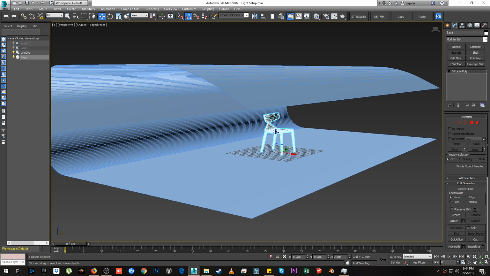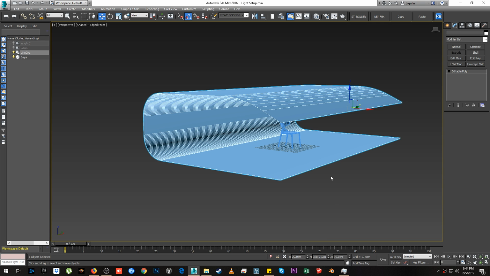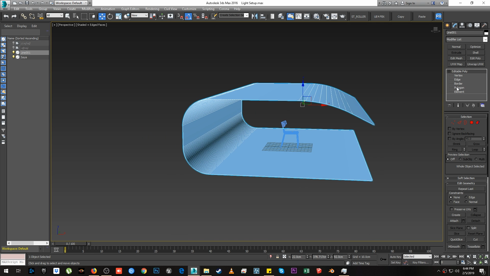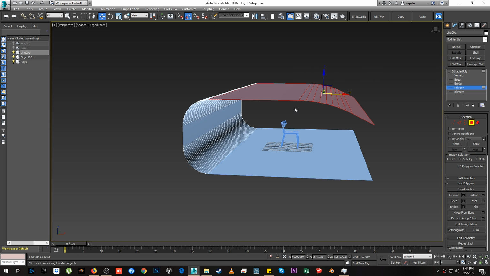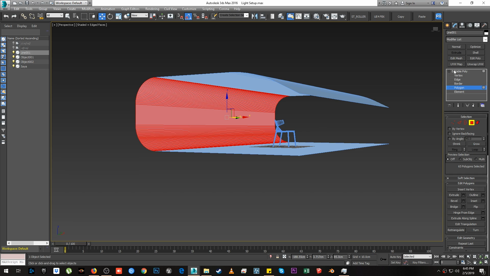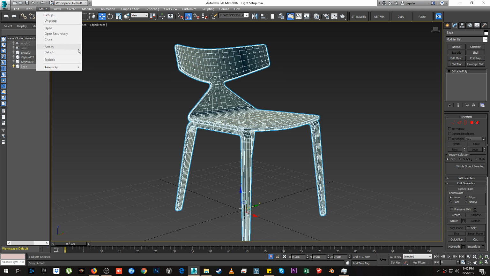And for that I will right click and then convert it into editable poly, and then I will go ahead here and then I will detach it, and then maybe this is the only area I need to detach, or maybe like this, detach it, and then this one is quite enough. And after that I will convert this into an editable mesh,